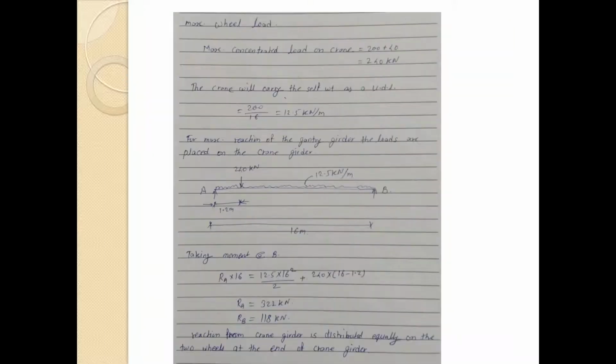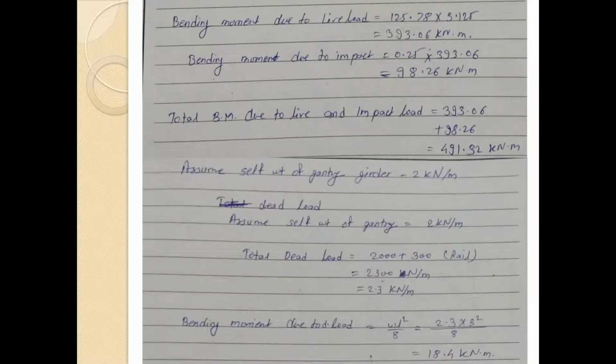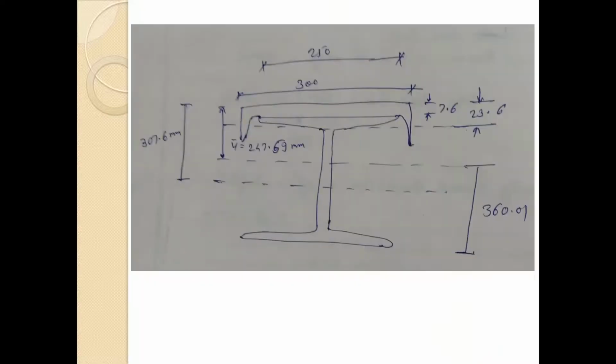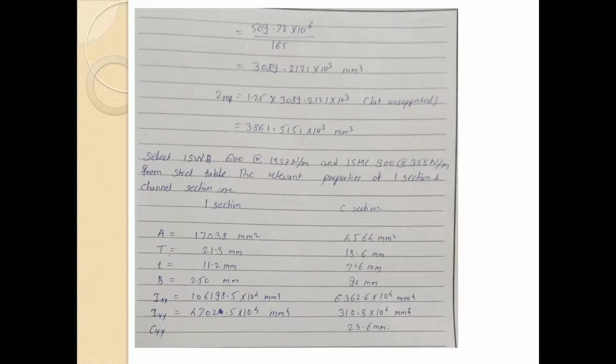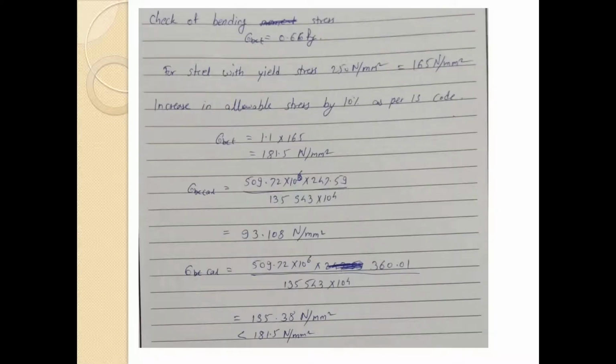In this problem we have calculated the maximum wheel loads, maximum reactions due to these loads, and the maximum shear force and maximum bending moment. We have chosen the section with the help of maximum vertical bending moment, and those sections are ISWB 600 and ISMC 300. We are using them in combination. We have checked it for the vertical loads,